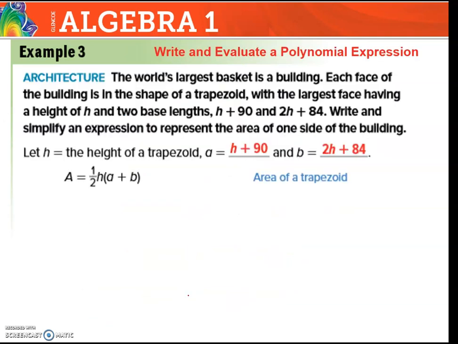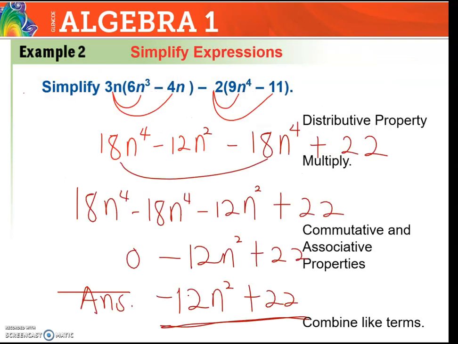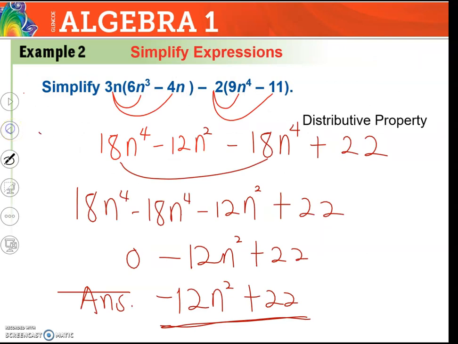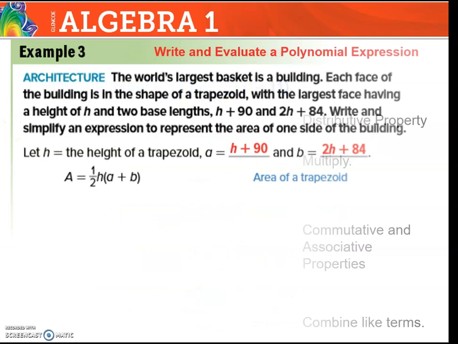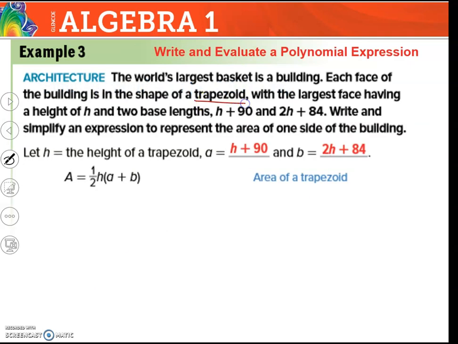On example 3, a word problem, architecture. The world's largest basket is a building. Each face of the building is in the shape of a trapezoid. Now a trapezoid can be drawn as that, having a triangle and a rectangle, or two triangles on both sides